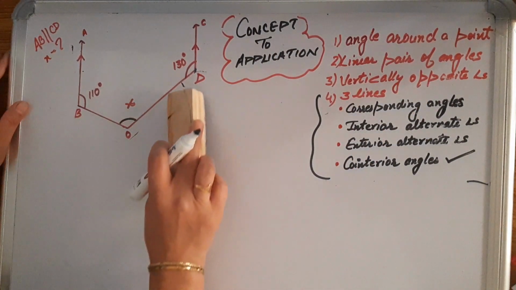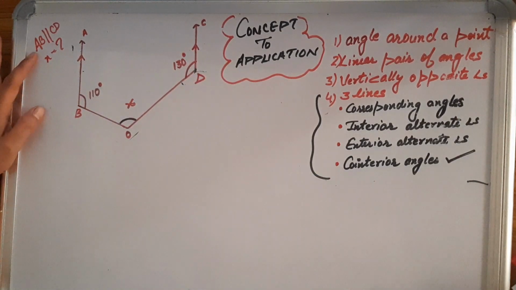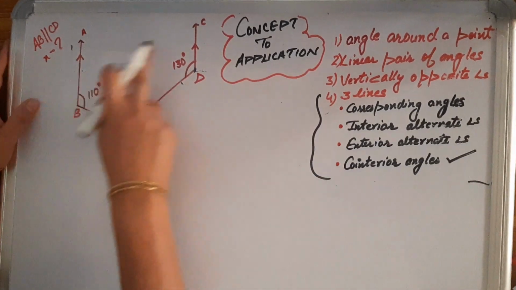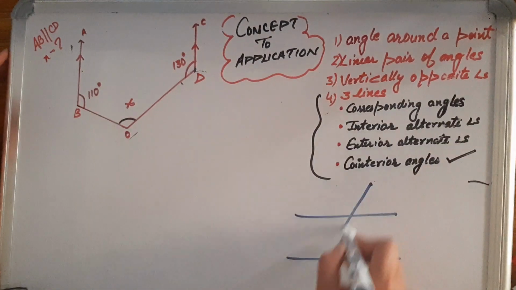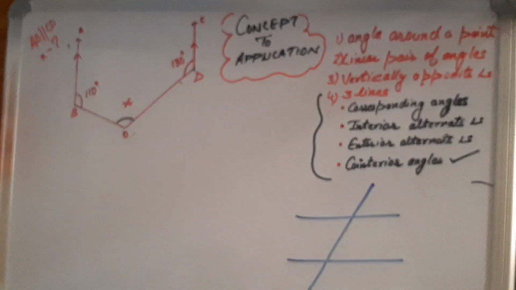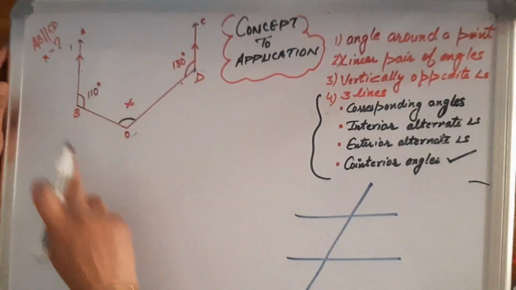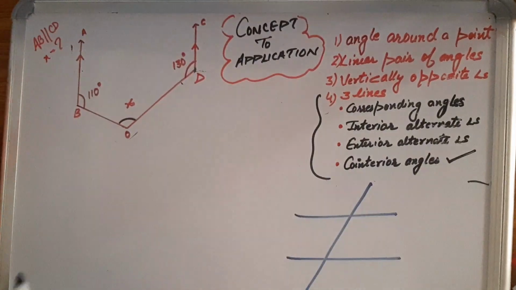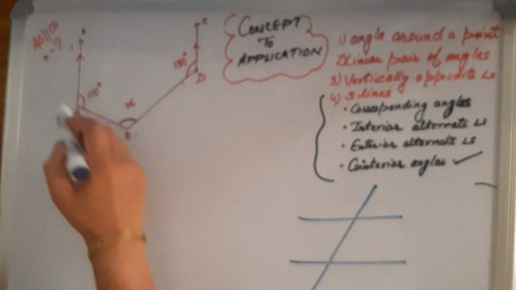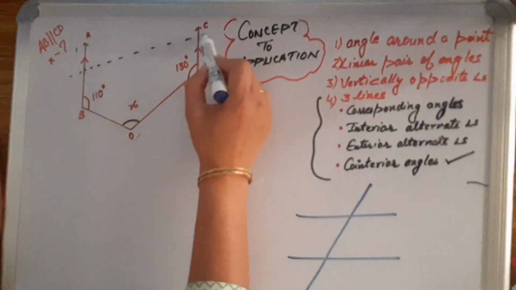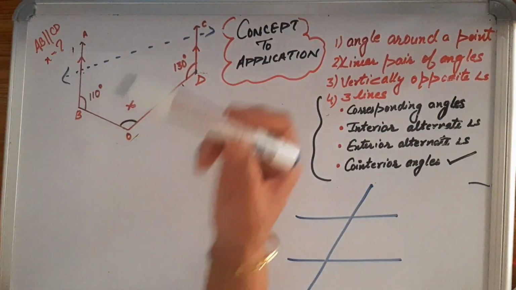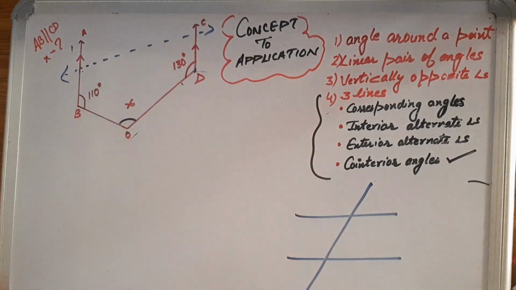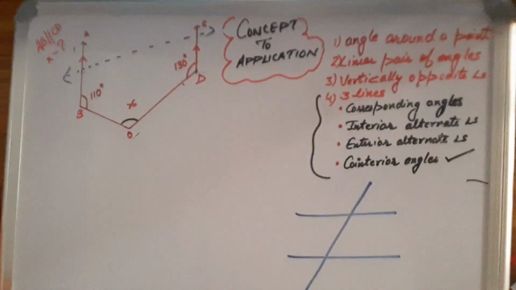Okay, but here is a solid point: AB parallel to CD is given. But our basic figure is not there. If AB is parallel to CD is given, then there should be a line intersecting both of them. We don't have any one line. Either you construct it, but where to construct a line? If I construct it somewhere here, will it help me? Now I have my basic figure, AB is parallel to CD, but how will it help me out?